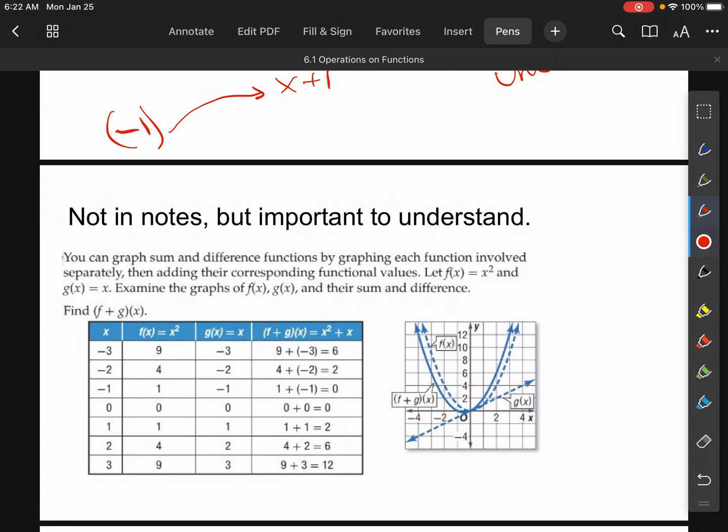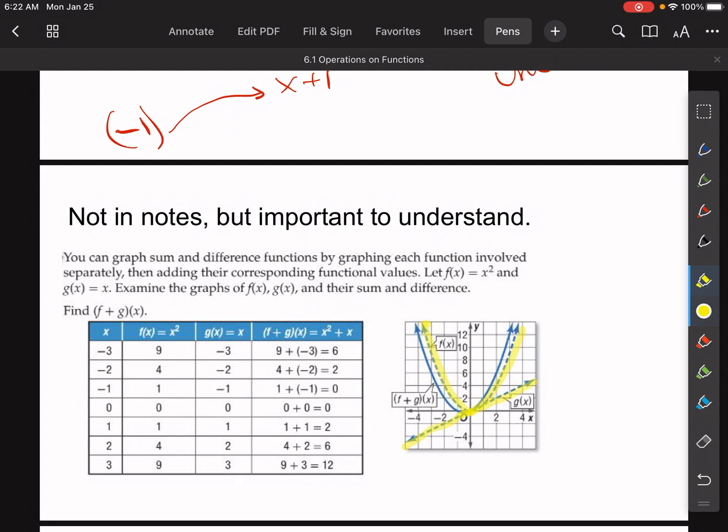If you examine the graph of f of x and g of x, and their sum and difference, this is just saying that if you find f plus g, notice that f plus g of x is taking, if you study this graph here, you have the f function, which is this dotted line here. Then you have the g function, which